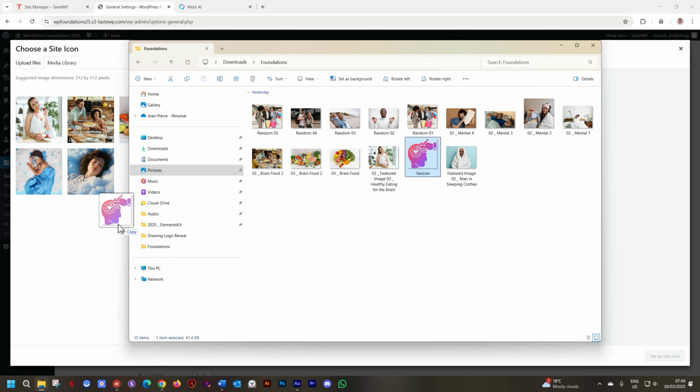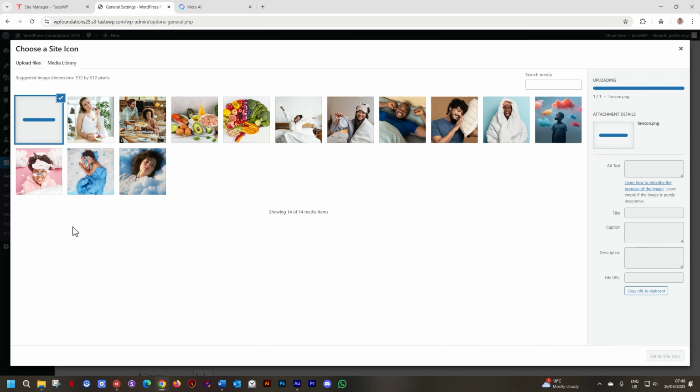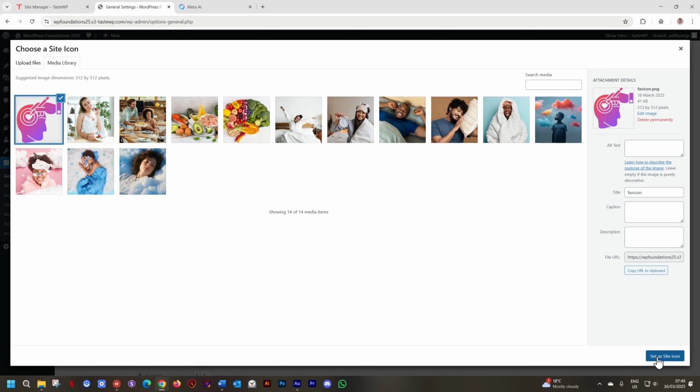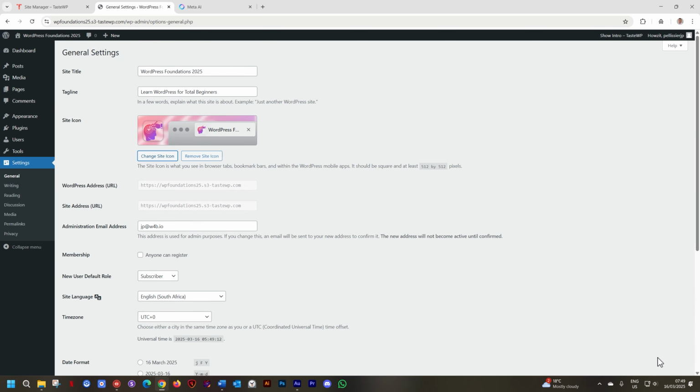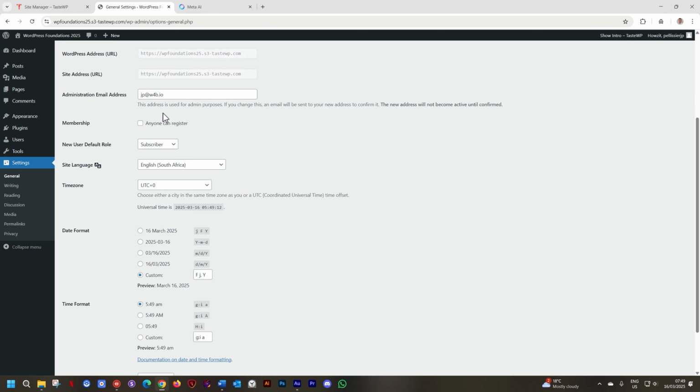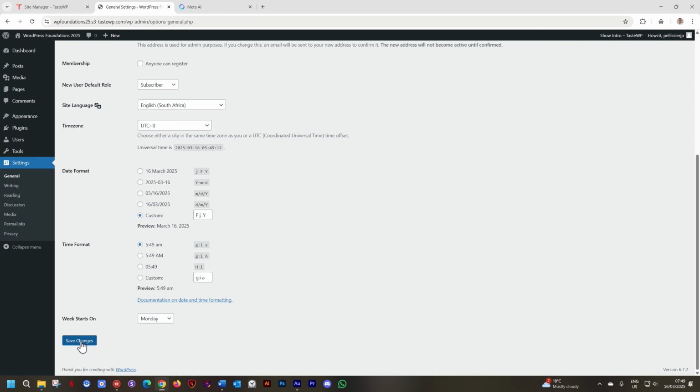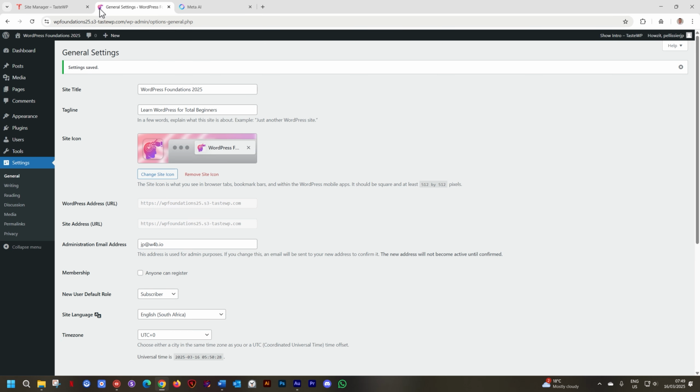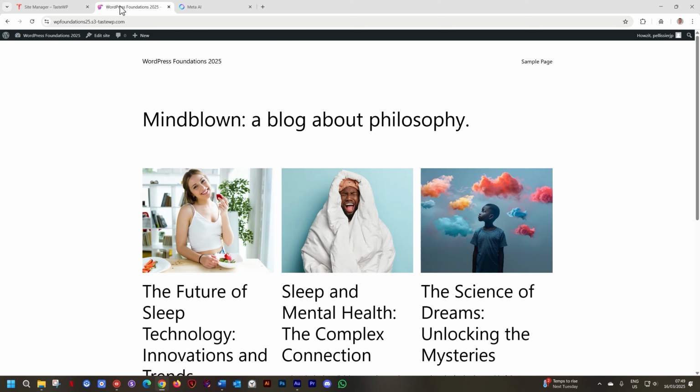I'll grab my favicon, my site icon, into my media library, and I'll select Set as Site Icon. It will show up here, and it will show you how it will display within the tab within the browser. Note that still at the top, it's showing this little world globe icon. I'll go to the bottom and select Save Changes, and the top will update. Save Changes, and there is my site icon. Now, when I click on the front end, I have my site title, I have my tagline, and my site icon.